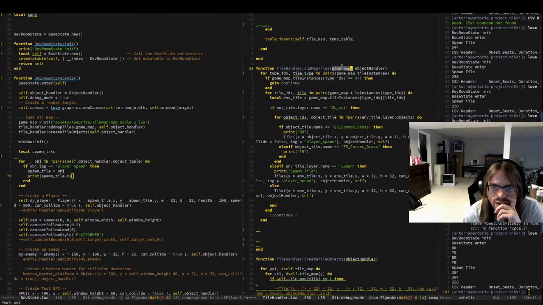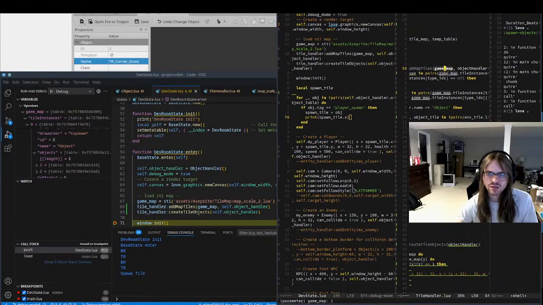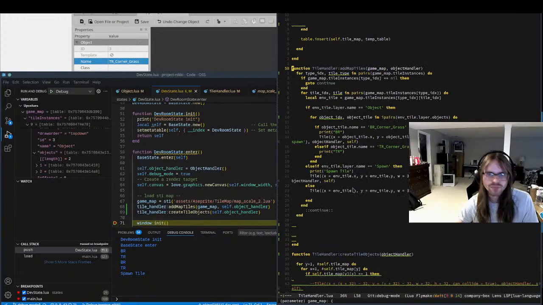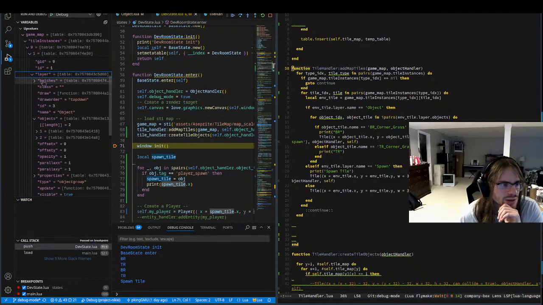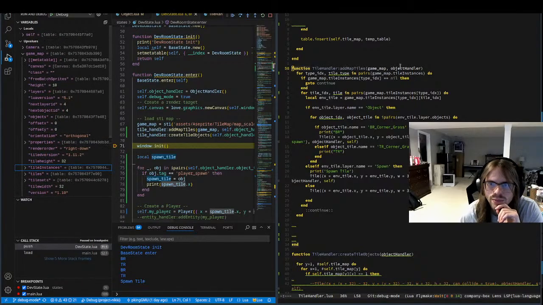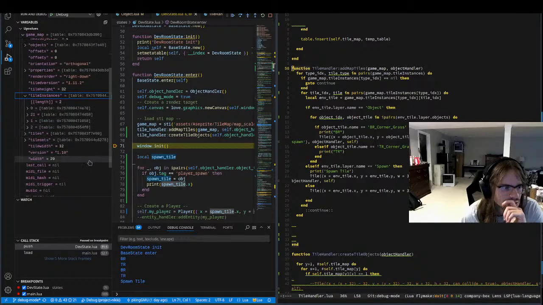So we have our game map. This needs to go, we're just going to do this side by side, and we're going to make this the only thing that's in frame. Let's just do this step by step. We are in game map. So for every type index, for every tile type in the tile instances,